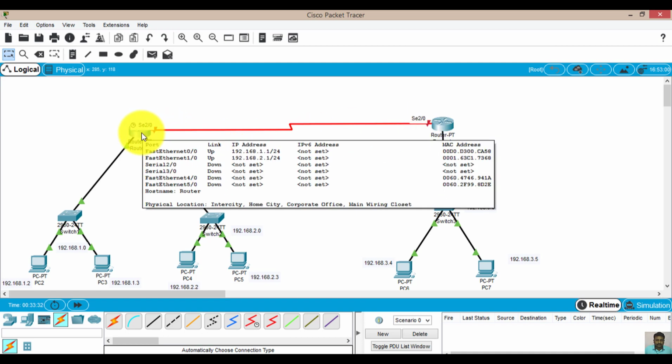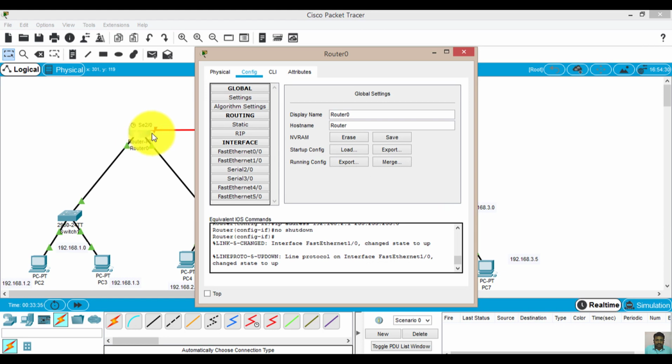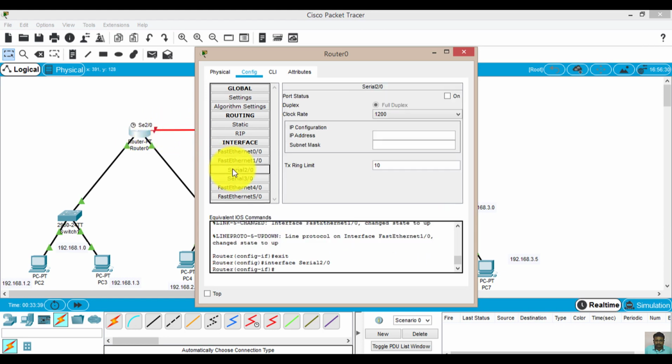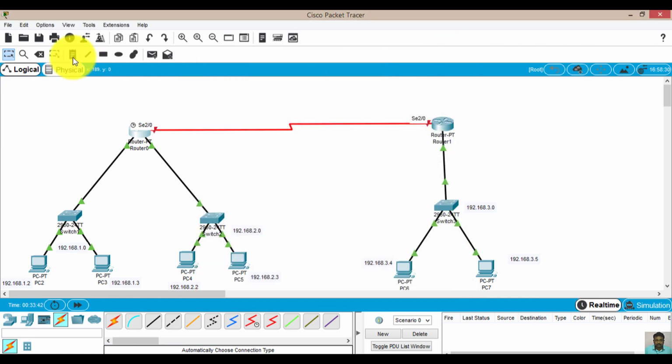So I will click on this router. I have connected it with SE2/0. This is serial 2/0 port. What I will do is assign some IP address. I will assume this is another network. Let's suppose it is 20.0.0.0, some network. Under this network, I have two ports here for these two routers, correct? One for this port and another one for this port. So I will configure IP addresses for these ports.